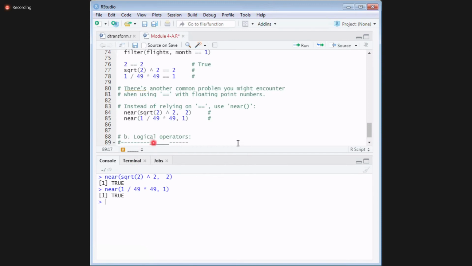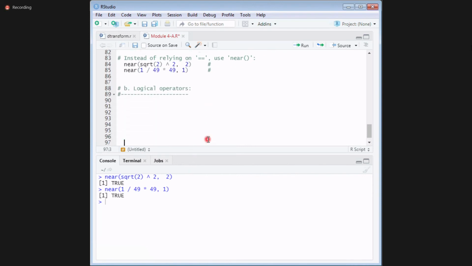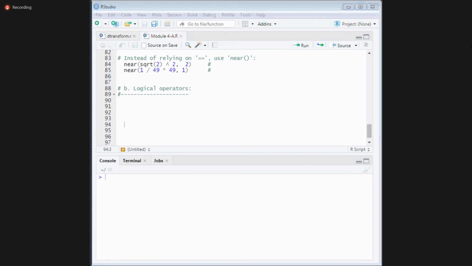Then we have something known as logical operators. So what are the logical operators we have? And, or, not. Very good. Single and double and. Yes.